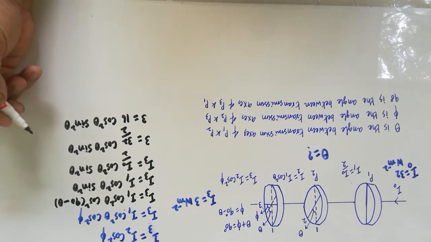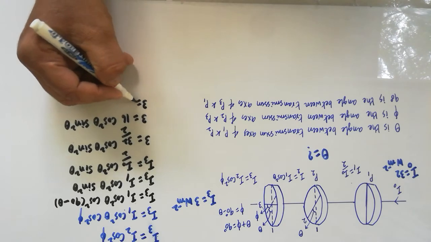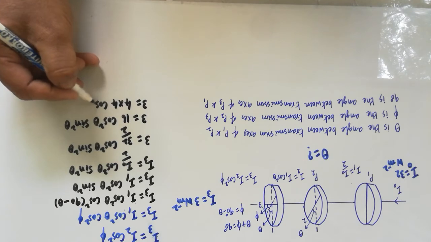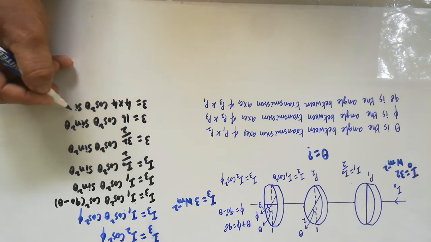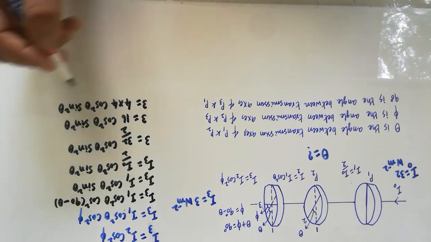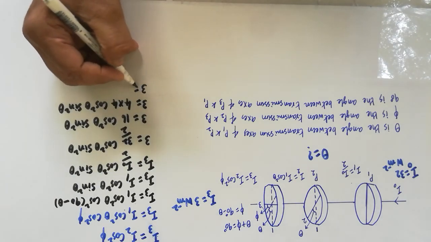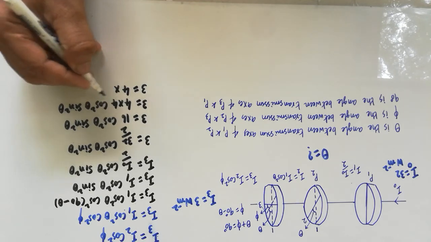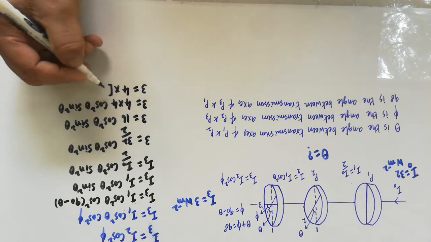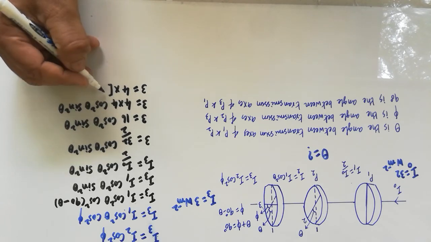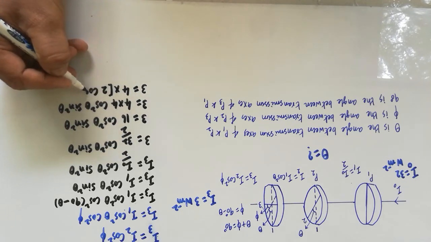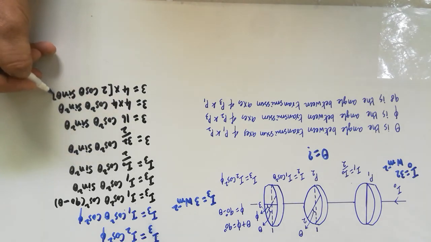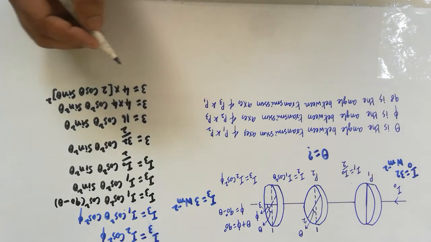Okay. Now this 16 can be split into 4 into 4. Later it can be written as cos square theta sin square theta. So the 3 can be written as 4 times the entire factor written within a square. If 4 is taken within the bracket, that becomes 2. So later we can write it as cos theta sin theta whole square. Okay.